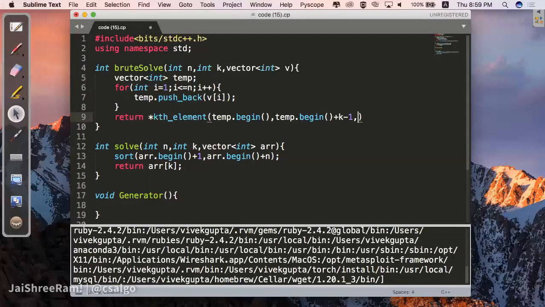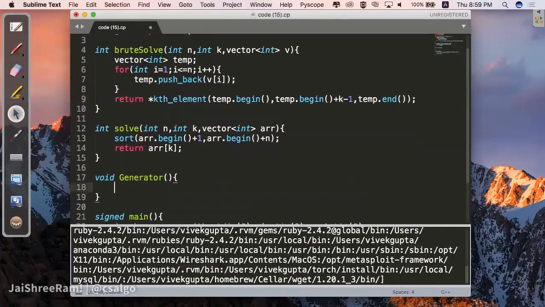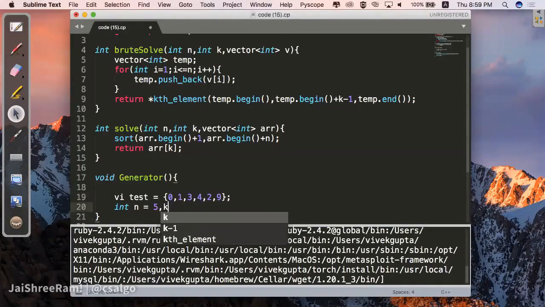Okay, and this would be temp dot end, right? There is some syntax like this. And then let's quickly create a test. So we will try to create a test case similar to what is given on the platform, mostly like the files that we need. So let's try to create something like this: 1, 3, 1, 4, 2, 1, 5, 9. Okay. And for this n will be equal to 5. So this would be 0 indexed in that particular case, and k will be equal to, let's say we want to find the second element.